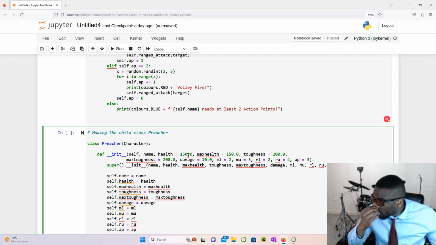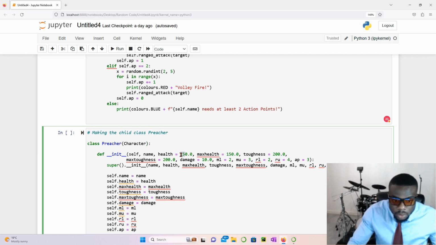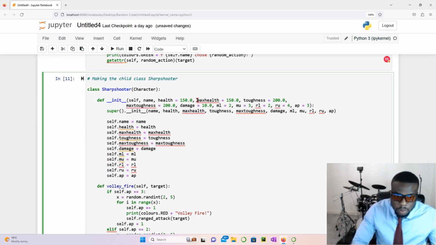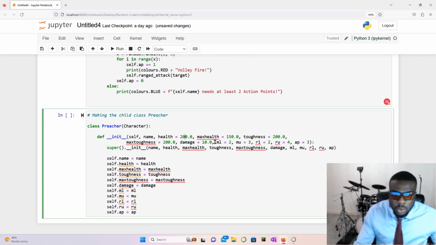Now the Preacher has a lot of health, so 200 health. To be honest, I think I should put more, but how much? 150. So I should really put that to 125. Cool. Anyway, 200 health, but only